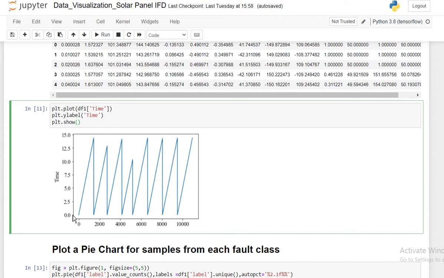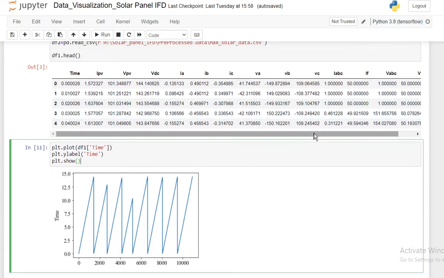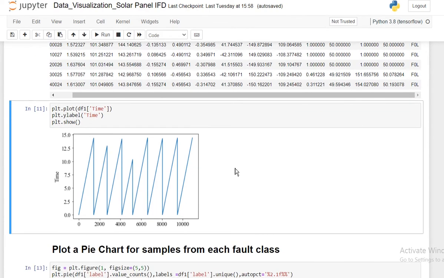That means, let's say the first one is for the normal case. It started at 0 second and ended at 14 seconds. For the second one, it started at 0 second and it ended at 12.5 seconds. Similarly, it went on. And all the faults here are introduced manually. If a solar panel is running continuously, the fault won't be this instantaneous.